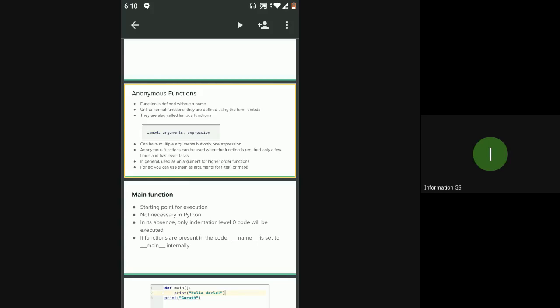We also saw how lambda functions are used with higher order functions. Higher order functions are functions which take another function as a parameter. We saw two examples. In one case, a higher order function took a normal function, one created using the def keyword, as a parameter.